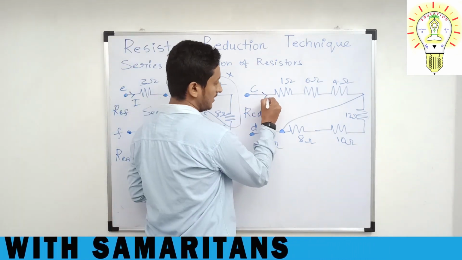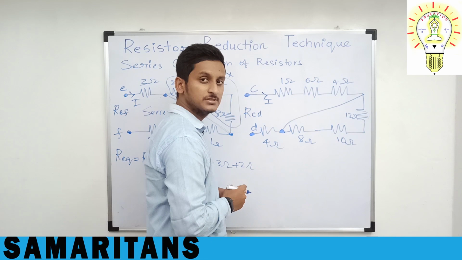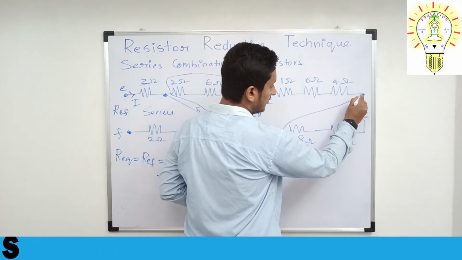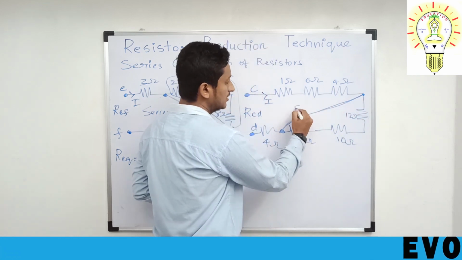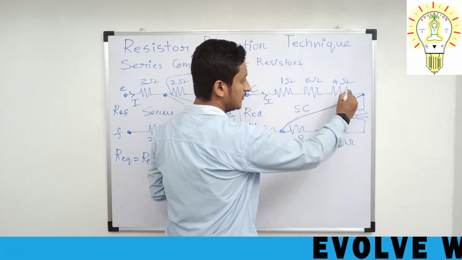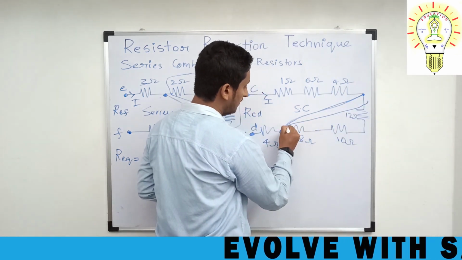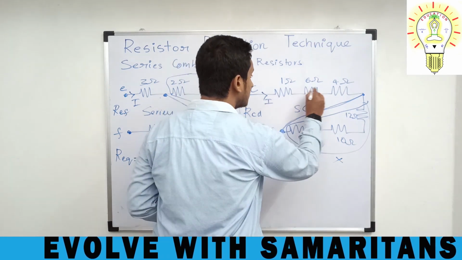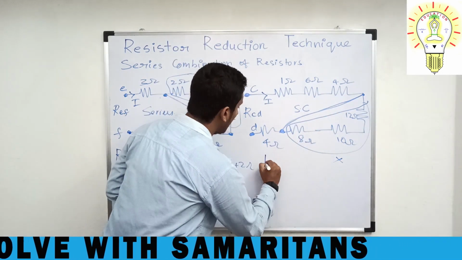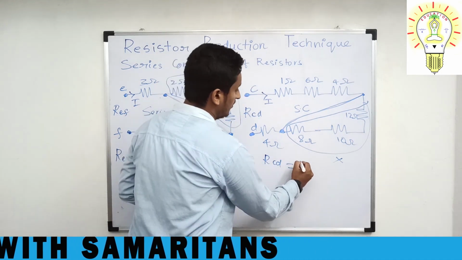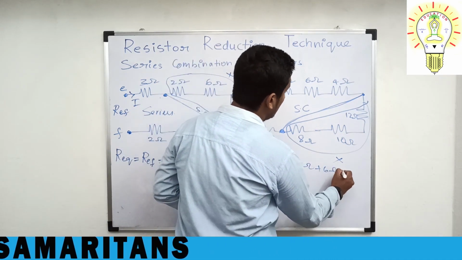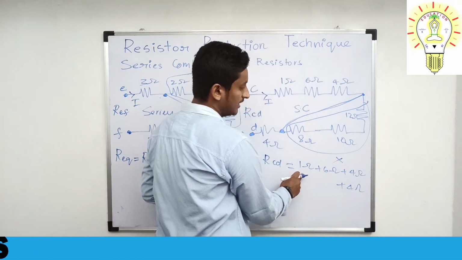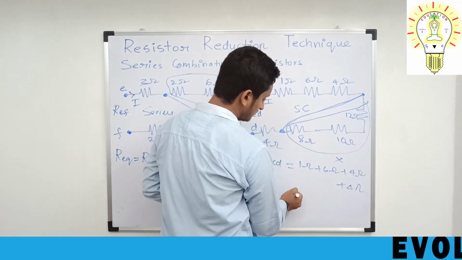Now I am taking current I, I am entering into this. Now this current will slowly go from here, again it will come here. From here again this current will try to flow from here. Why? Because this is a short circuit path. Current will not go to this part. Again this complete path is not working. Alright, again everything is in series. So RCD is equal to 1 ohm plus 6 ohm plus 4 ohm plus 4 ohm. So 1 plus 6 is 7, 7 plus 8 ohms, 15 ohms.